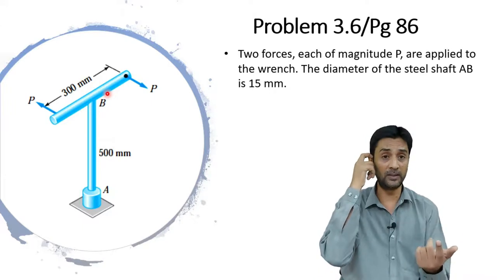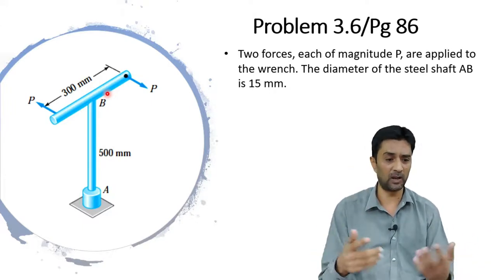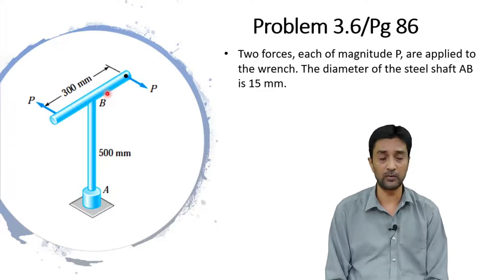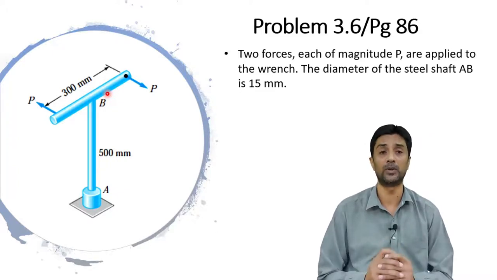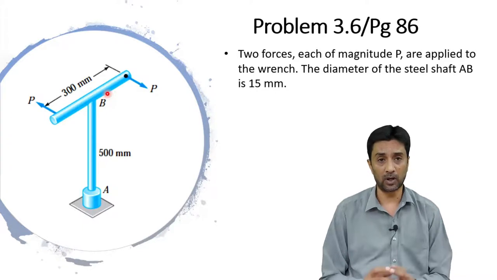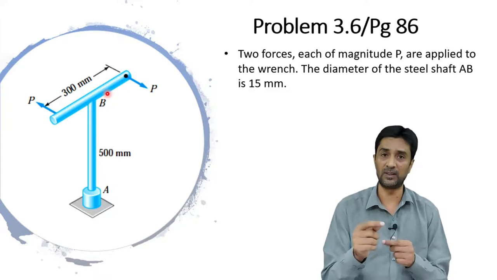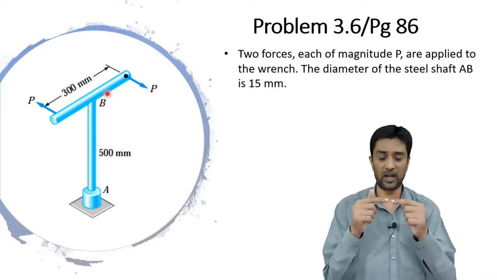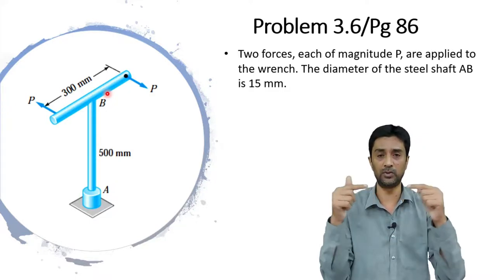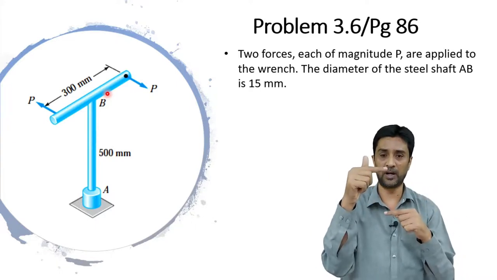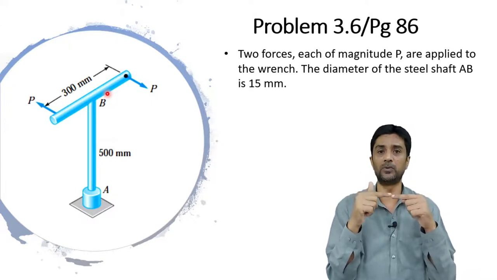Because I was watching a video lecture in which the lecturer was trying to say that when two forces are equal and opposite, they will produce a couple. Yes, they will produce a couple, but that couple will not produce a torque. For a couple to produce a torque, two forces need to act at a certain distance. If their line of action is the same, then they will not. These two forces are equal, these two forces are opposite, but they are not at a distance apart. And when they are not at a distance apart, they will not produce any sort of moment.